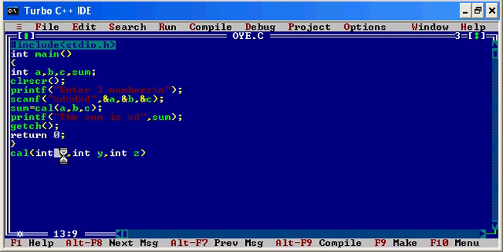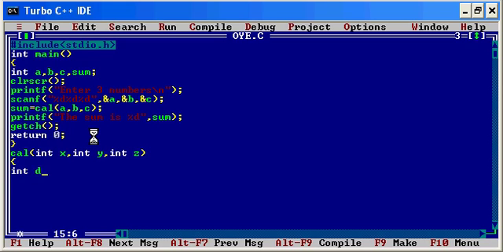We can use different variables, any variables over here, and after writing this, open the bracket. Once you write these three variables which you are going to get from the main function, after that you open the flower bracket,